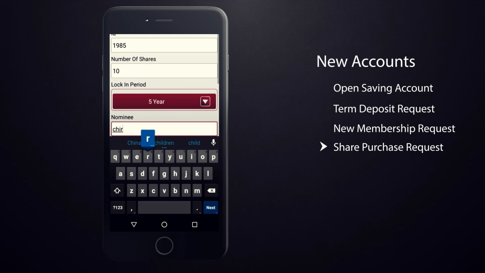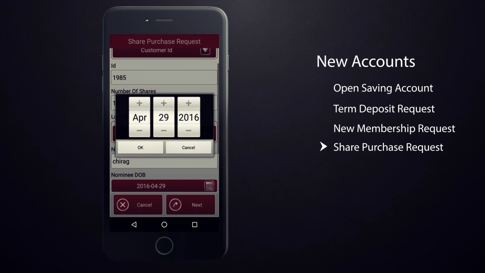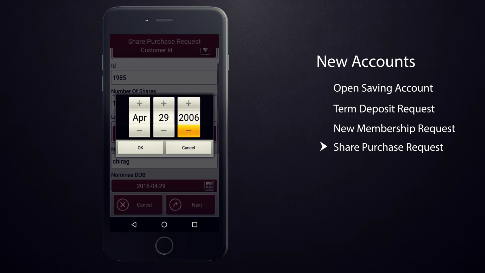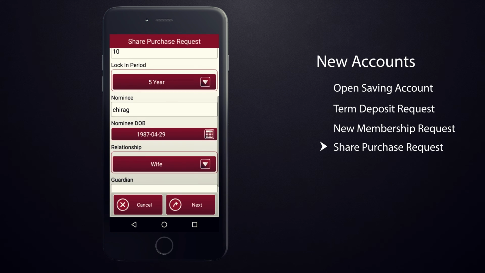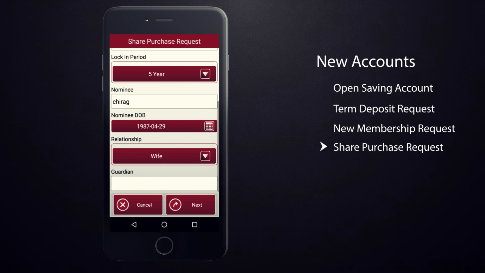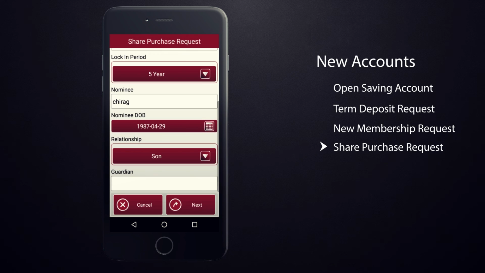Enter the nominee name. Enter nominee's date of birth. Select the relationship with nominee. If the nominee is a minor, then appoint a name of guardian, as it is mandatory for minors.